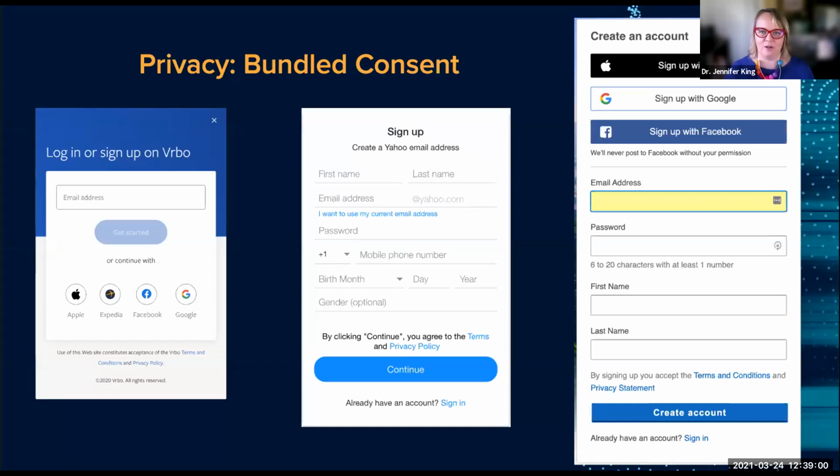This one will probably be a little bit more controversial for some of you. And I mentioned on the last slide, the Adobe example, that we're not seeing these kind of bundled consents, but the fact that you have a right to refuse or a right to unbundle these things. These are all examples I collected yesterday from different sites. And this is bundled consent, where just by signing up and clicking continue or create account or get started, whatever the button might say, you have agreed to the terms of service and the privacy policy.